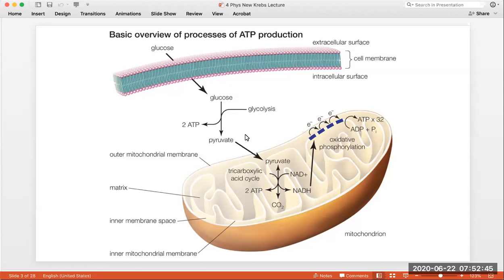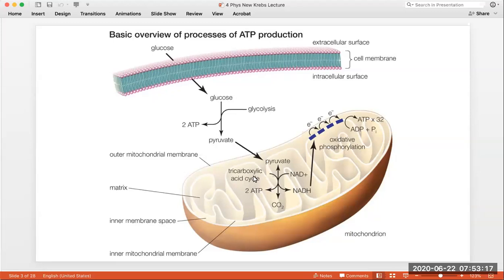And then what happens to pyruvate, again, assuming oxygen is available, and oxygen is not always available. We'll talk about what happens to pyruvate if oxygen is not available. But assuming it is, the pyruvate needs to get moved into the matrix of the mitochondria. As it passes across the membrane of the mitochondria, pyruvate gets converted to acetate. Coenzyme A attaches to it. And then acetyl coenzyme A is what is going to enter the Krebs cycle, all of the steps of the